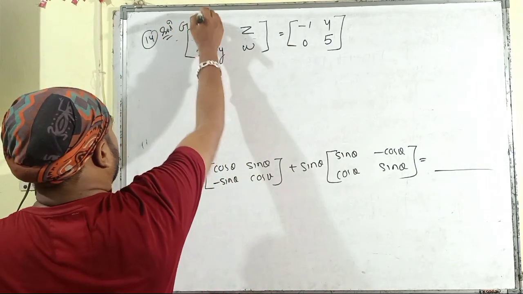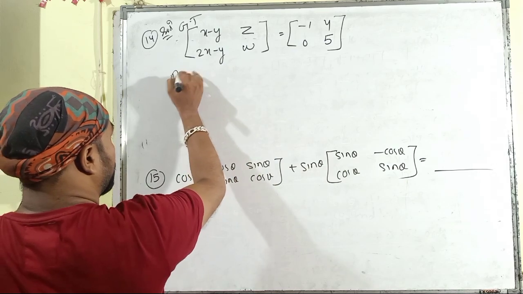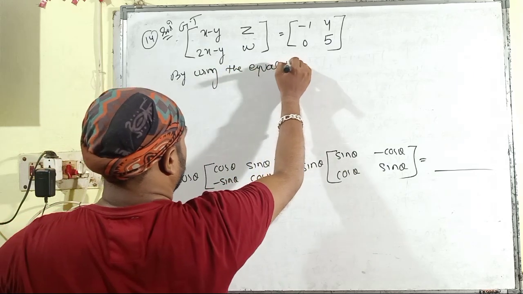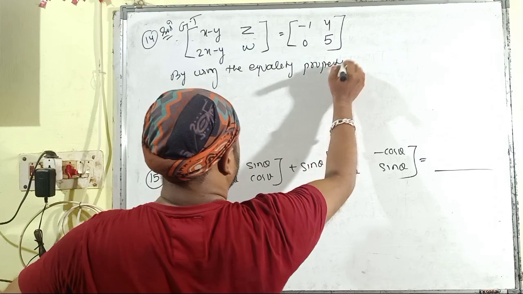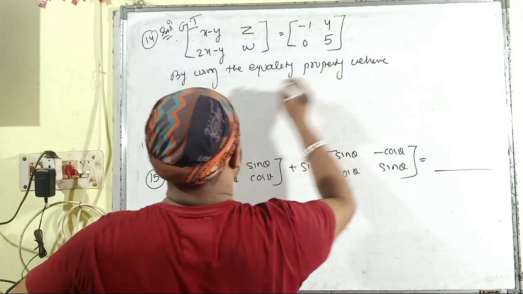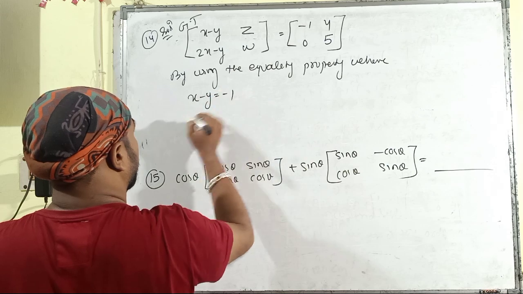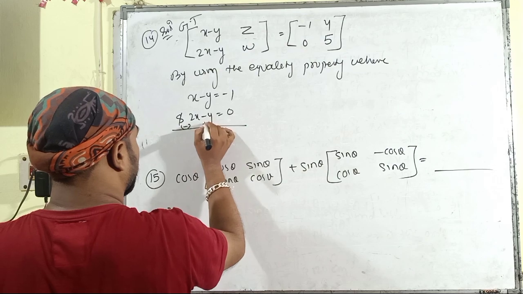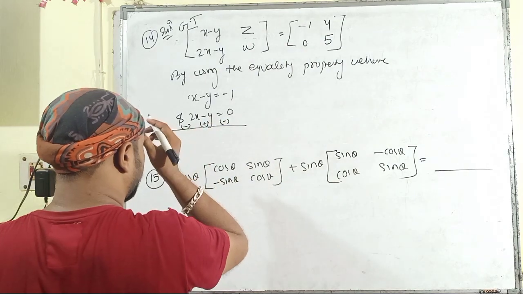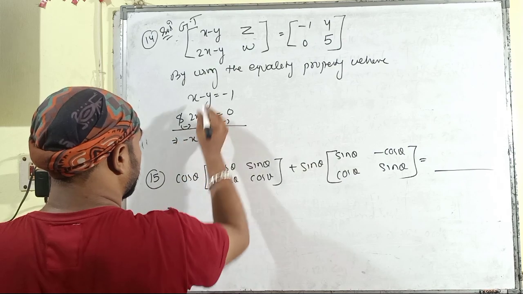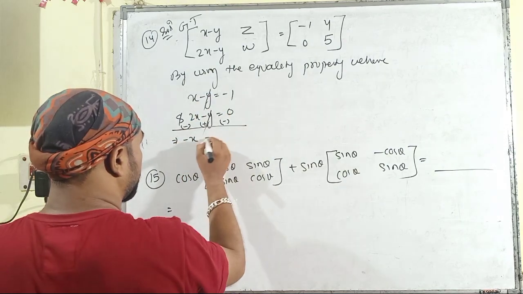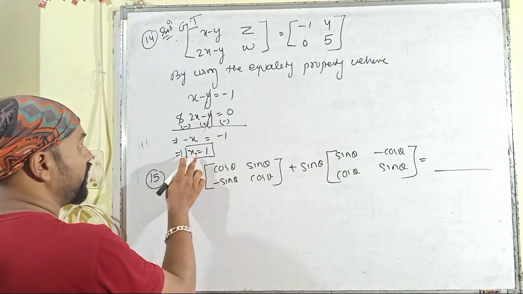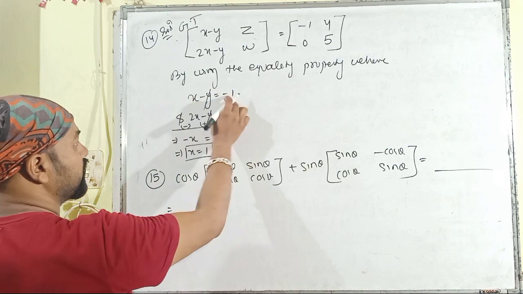Solution: given that by using the equality property, we have x minus y is equal to minus 1 and 2x minus y is equal to 0. Just subtracting, we have minus x, minus y plus y got cancelled here, then it is minus 1, that implies x is equal to 1. Again, putting the value of x is equal to 1 here in this given equation,